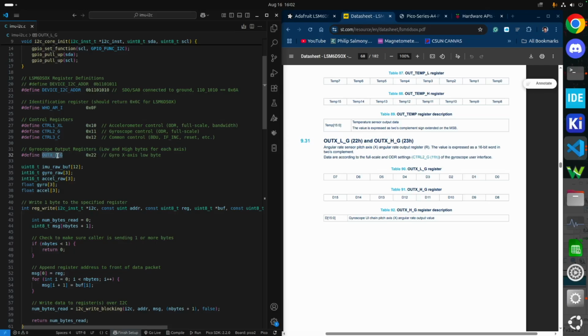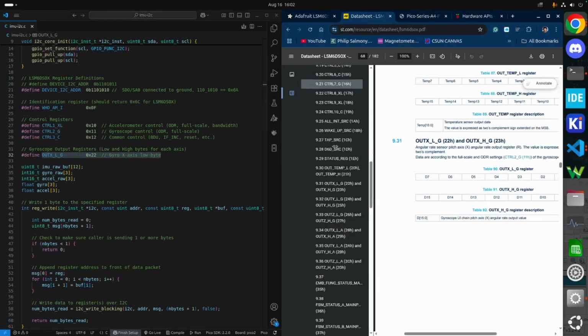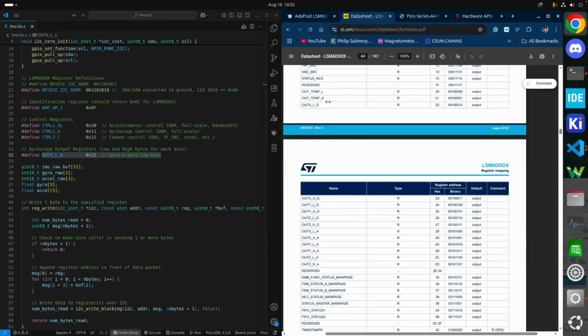So in our code, I've added the register that contains the x-axis lower byte, and we only need this register because we're going to burst read through all the other registers. So just to quickly explain that, let's go back to our register map. I've only added this register right here, which is at address 22, and then when we do an I2C transaction, we're going to burst read address 22 all the way down to 2D in one